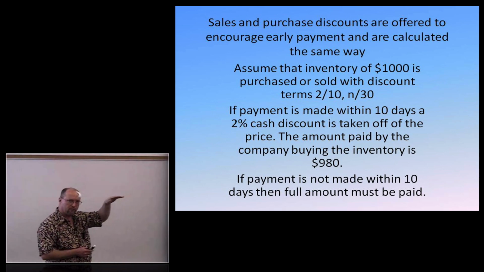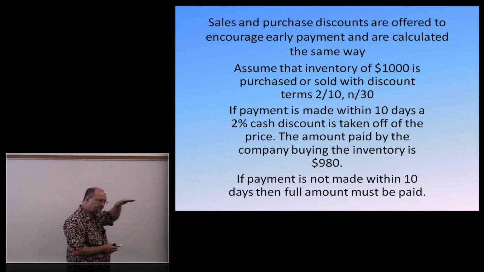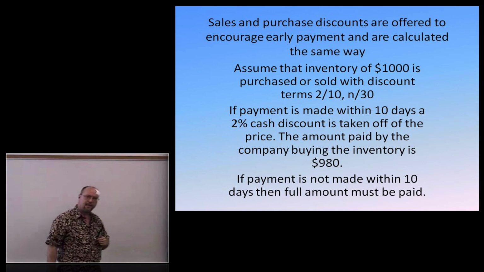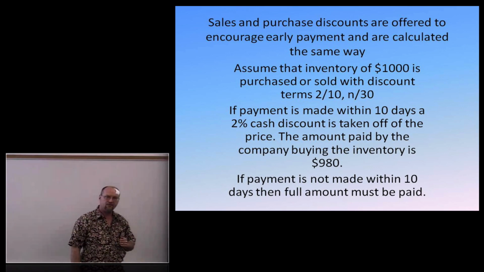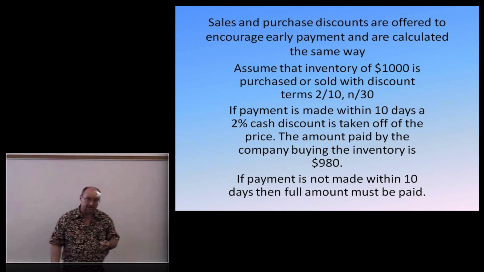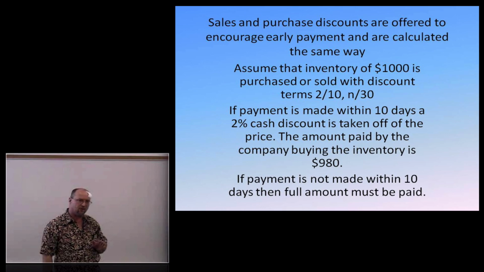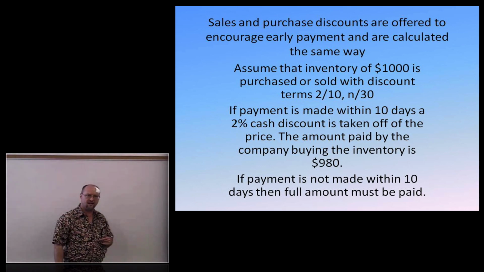Inventory. Originally, when we bought it on account, we debited inventory, credited accounts payable. If we take the discount, okay, I'm going to reduce the inventory account by 20 bucks. Since I debited it for 1,000, but it's really costing me $980. So I'm going to reduce it by 20 bucks. Okay? And save $20. I don't owe them that $20, so when I go to record my journal entry, I'm simply going to debit accounts payable for the full $1,000. Debit accounts payable for 1,000. I'm going to credit cash for $980 since that's what I paid the vendor, and I'm going to credit inventory